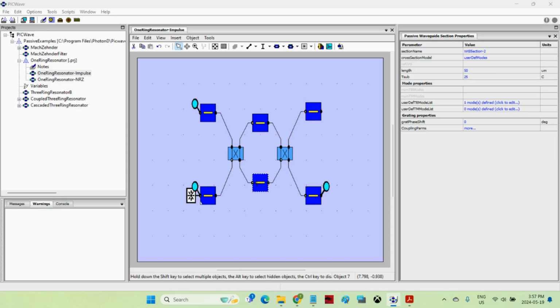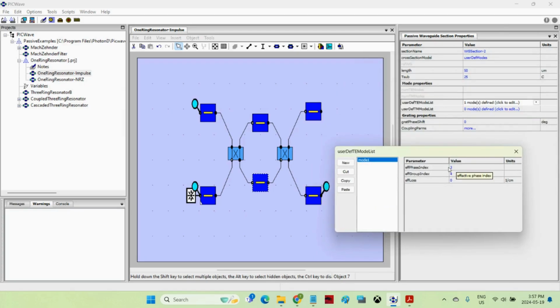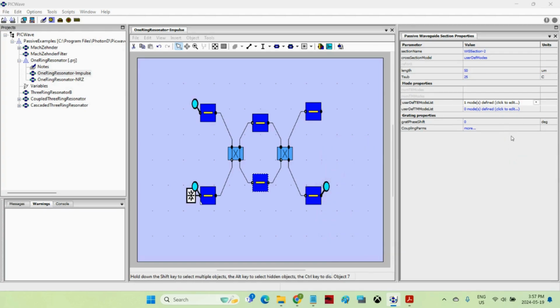cross-section, and PICWave will calculate the mode information, such as the effective index, group index, and the bending loss. Or manually, if we've calculated that elsewhere, we can simply input the coefficients in this panel here. So here we've defined only for TE, a group index, effective index or group index, and no bending loss. So with this information provided into PICWave,